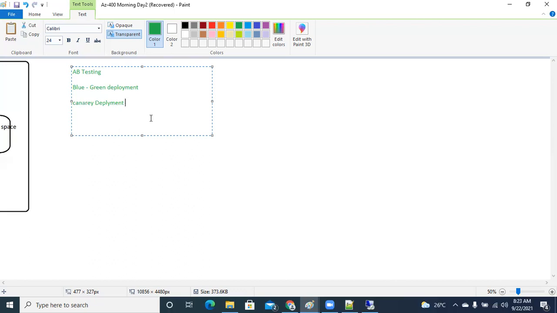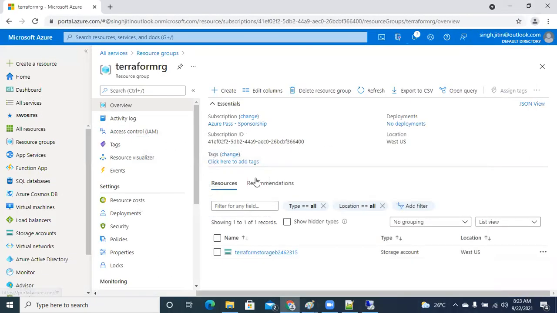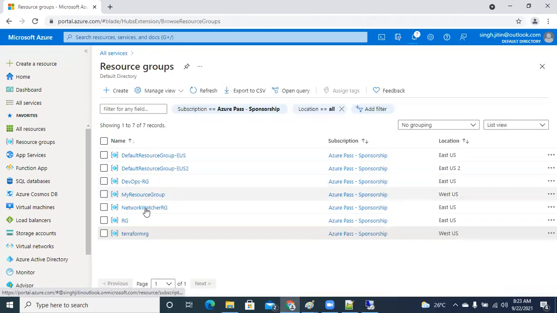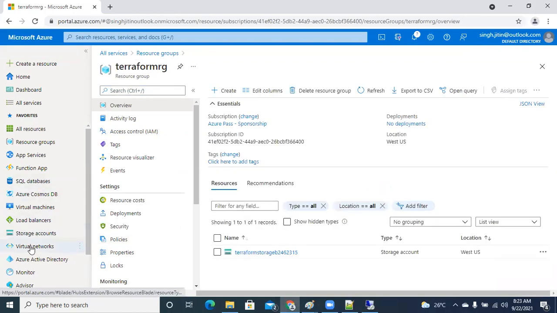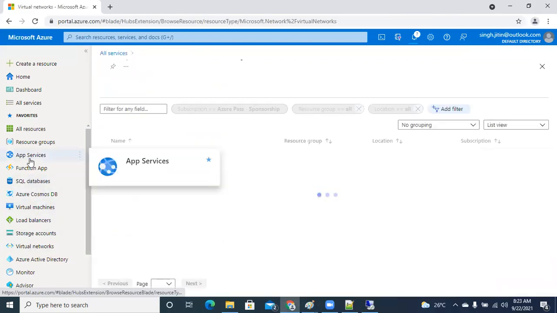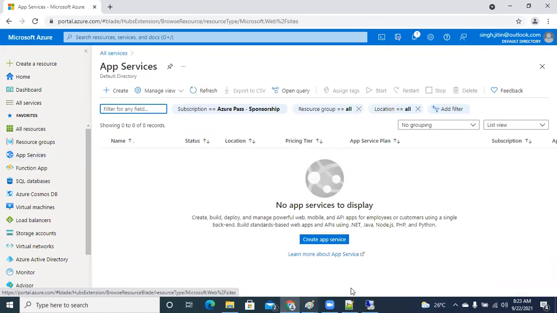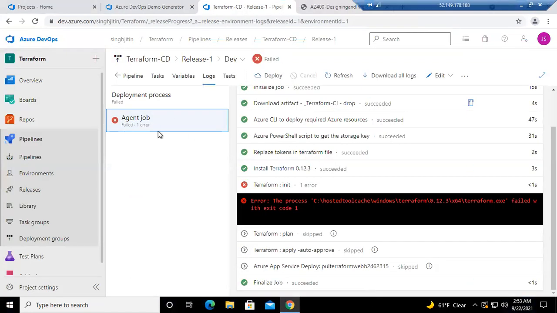Now what do you mean by this? What do you mean by A/B testing? Now, guys, the moment I will be deploying the resources, right, it doesn't mean that there is just, guys, you can see there is one more thing. This Terraform resource group has been created over here, and hopefully I have initiated the deletion of this as well. Now it is failing because I've initiated the deletion. Anyways, guys, just leave this process.